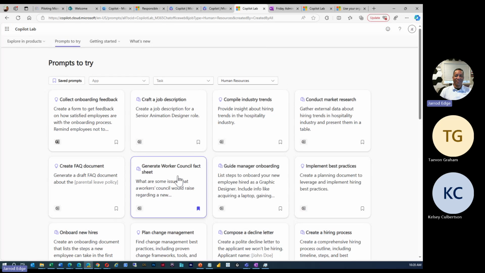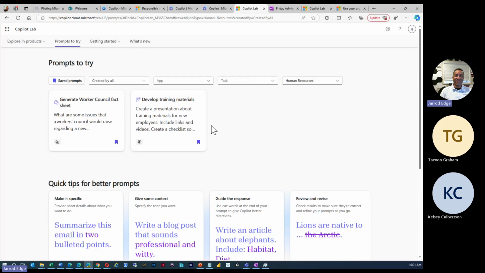What is going to be our strategy for this, and getting a little bit of guidance behind how you want to handle it. And then use Copilot Lab as something to help you build that strategy, but also something to give you an idea of what's possible inside of there,